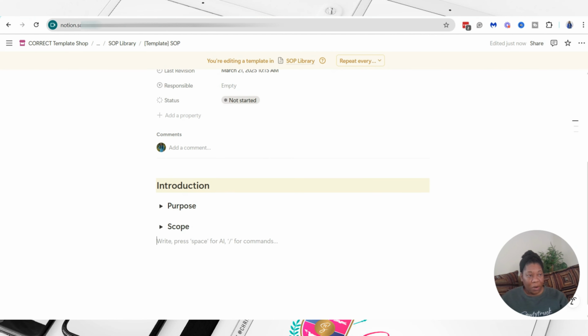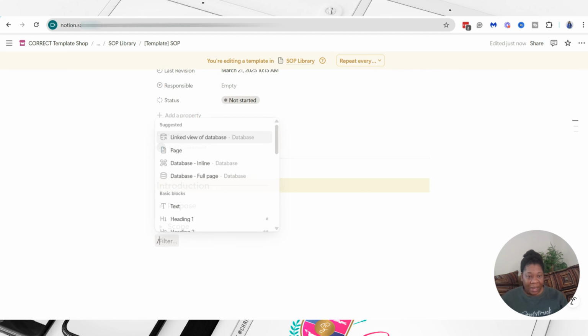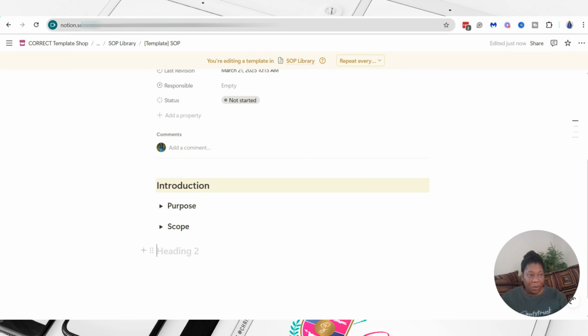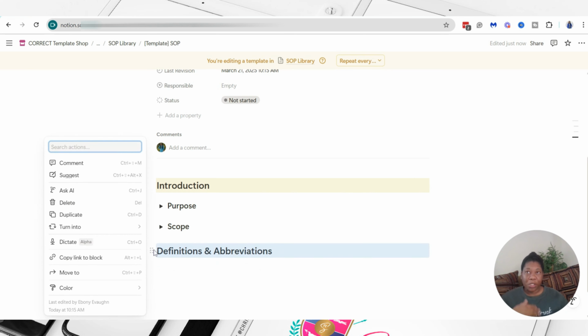Under this, under our introduction, I'm going to add a separate header. What did I use? Header 2? I believe it was 2. And then we're going to add definitions and abbreviations. And so this is just helpful more so if you have a team and you're training new